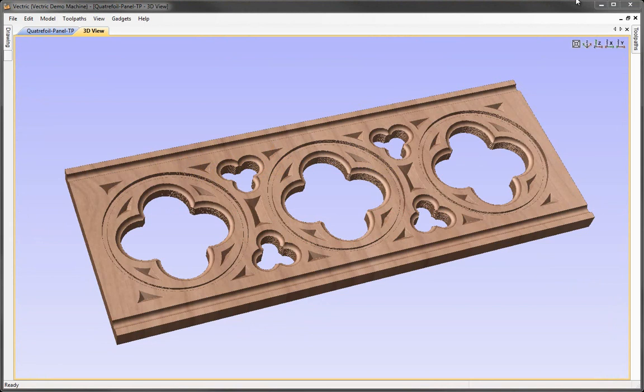In this video, we're going to take the data that we created in the design part of this tutorial. I'm going to show you how to assign toolpaths to it to create the part that you can see on the screen here. This is a very interesting decorative looking part, but in reality uses fairly simple toolpath techniques. Everything we're going to do here is either going to be a pocket toolpath, a profile toolpath, or a V-carving